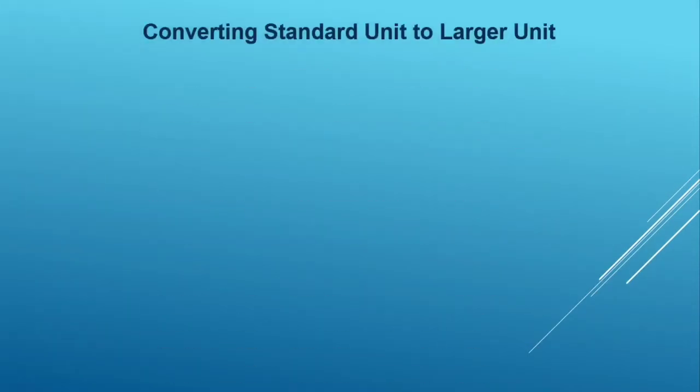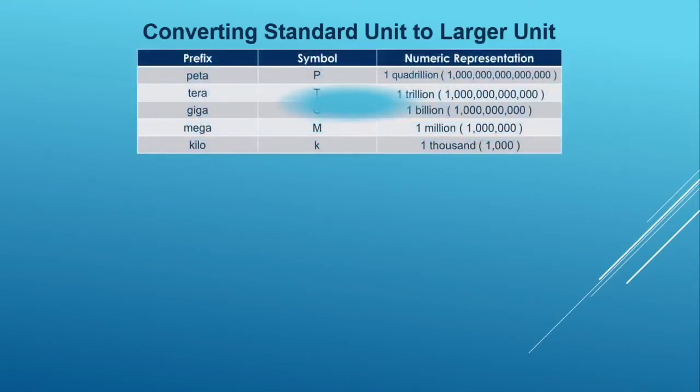Now, let us convert standard unit to a larger unit. Of course, we need the table, so look at the table before we proceed to our conversion. Suppose we have 10,500 ohms and we're going to convert it to kilo ohms. So remove first the unit, which is the omega. So we're going to write 10,500